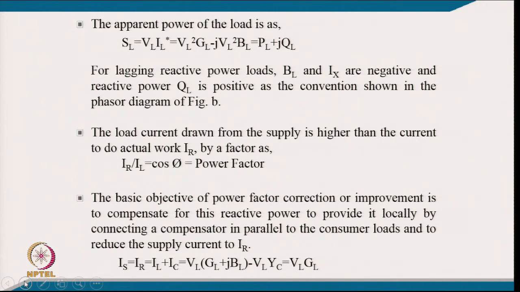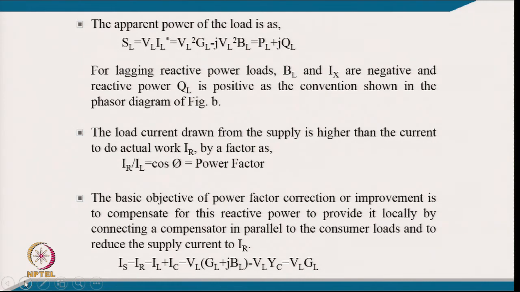As per the convention shown in the phasor diagram of the previous figure, the load current drawn from the supply is higher than the current IR that does the actual work. The ratio IR upon IL is nothing but the power factor in this circuit. So the basic objective of power factor correction is to compensate for the reactive power, to provide it locally by connecting a compensator in parallel to the consumer load,